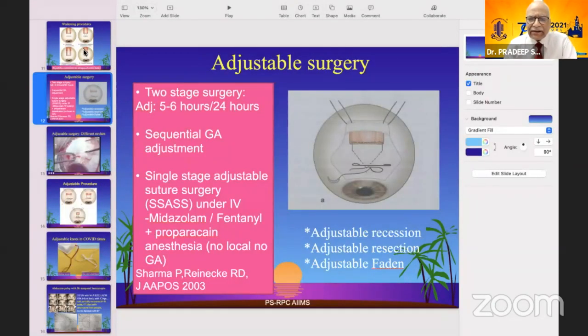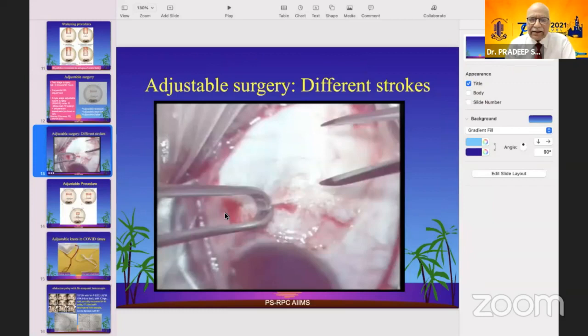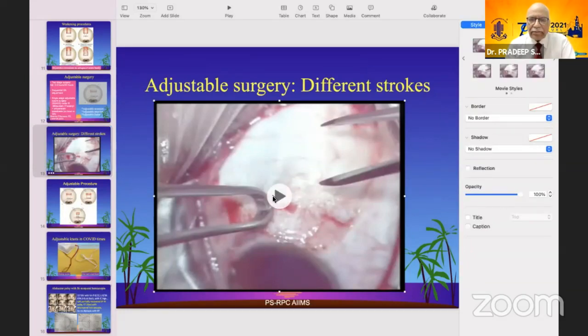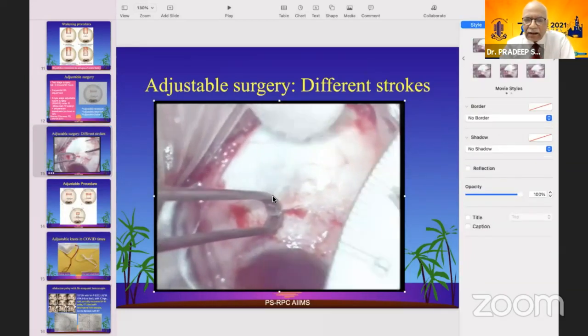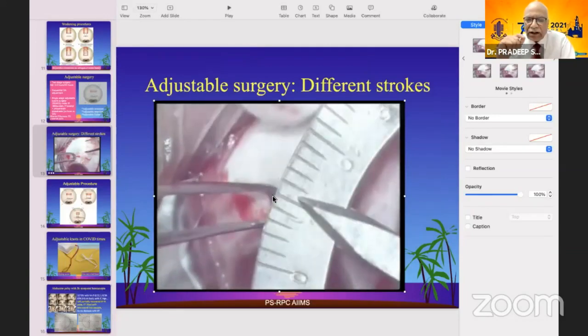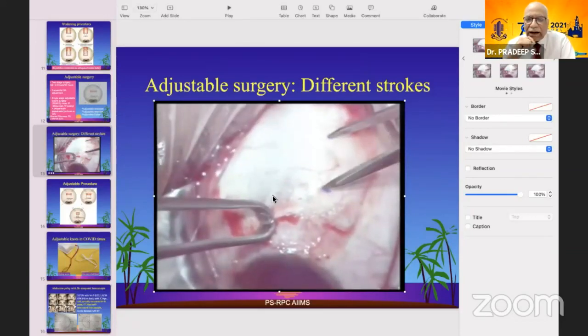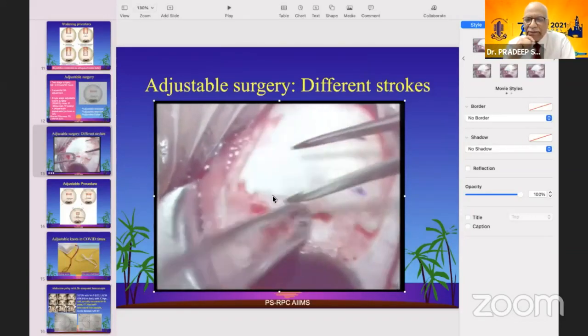So as I said, in the adjustable surgery, we do a hemi hang back in order to prevent forward creeping. And we usually prefer the technique, as also shown by Dr. Arun, of using a 1.5 knot technique. In the video, you can see the steps are shown, that we will be marking at the point where we want the muscle to be.